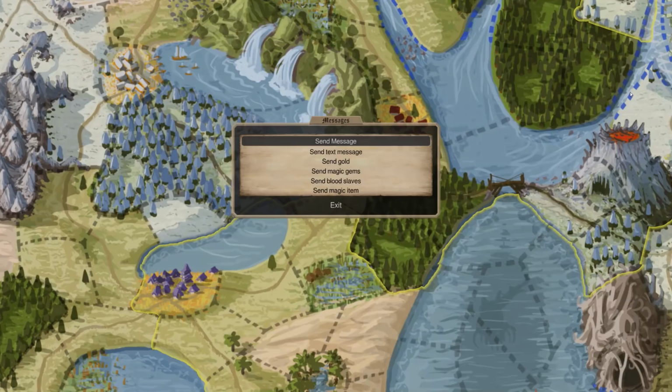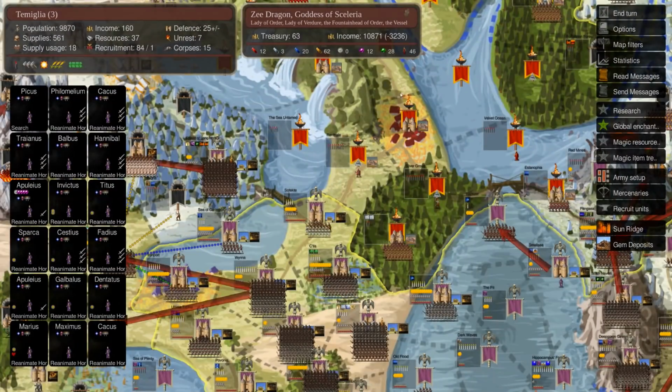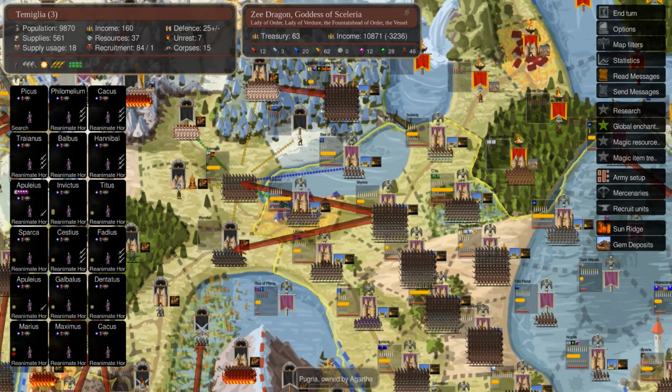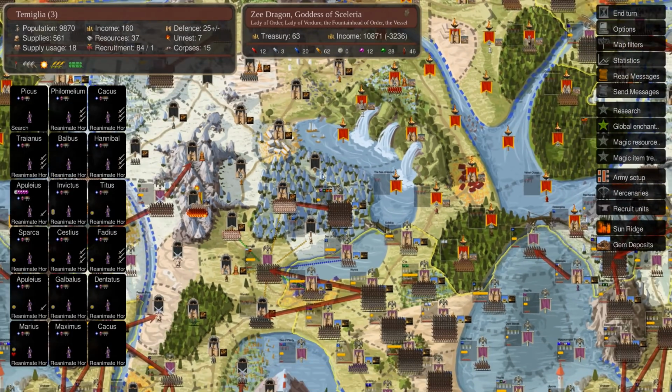I think that is about it. And Diplo, yeah, no messages. I think most of our diplomacy is happening out of game, and I don't really have a strong recollection for what happened when. But I do know that